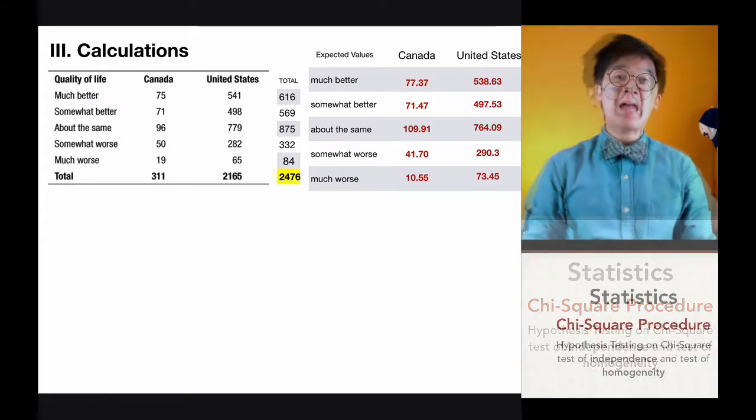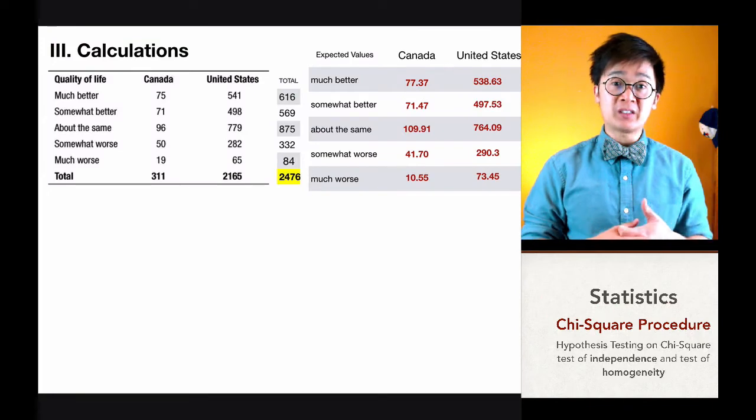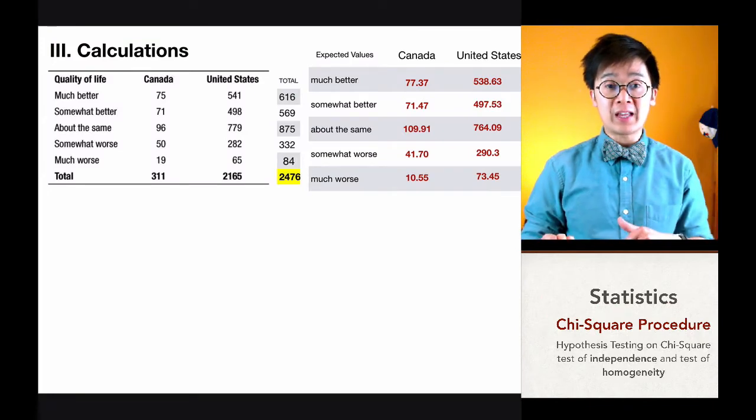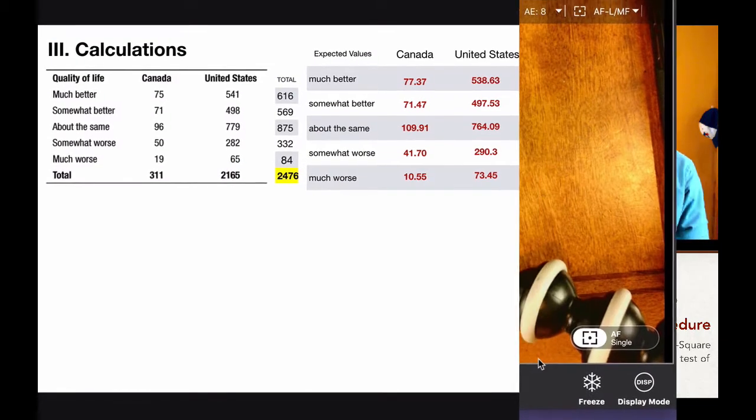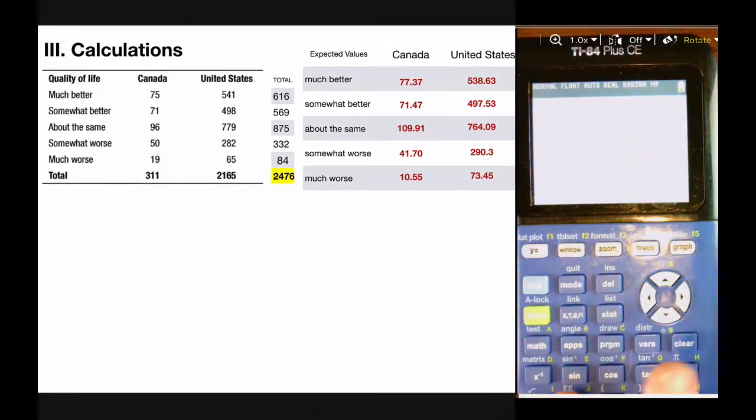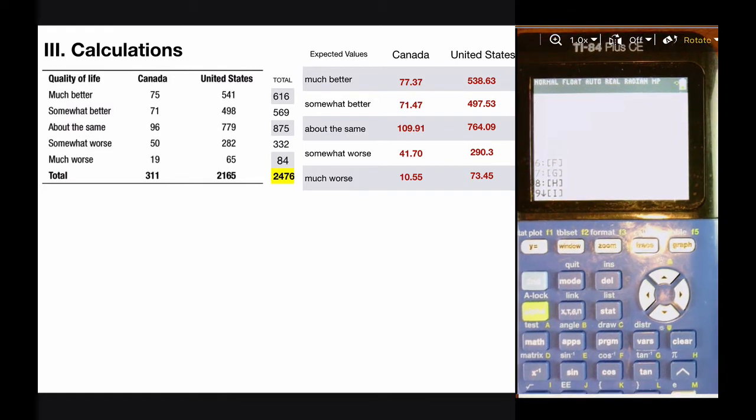our matrix. So remember, we have table 1 for the observed value, which is the given values in the problem, and we have the computed expected value. So all we need to do is to go to second x to the negative 1 for the matrix and go all the way to edit, and we're going to define 5 over 2. So I have encoded all the values in my table, but I'm going to show you how the calculator works for this particular